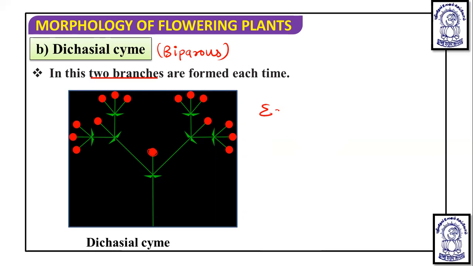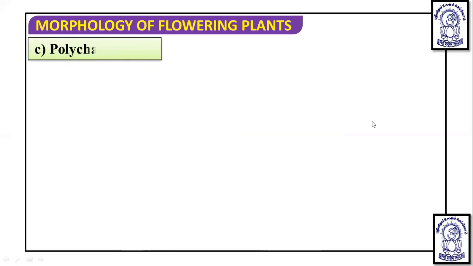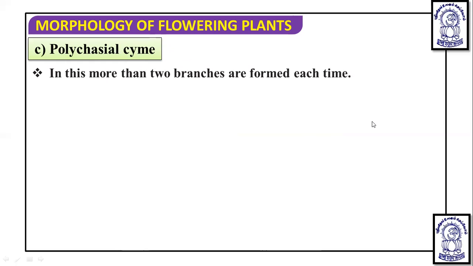So, if we talk about examples, then this is nothing but bougainvillea and jasmine. Okay. Now, apart from this, the third one which we are going to see is the polychasial cyme. This polychasial cyme is also known as multiparous cyme,